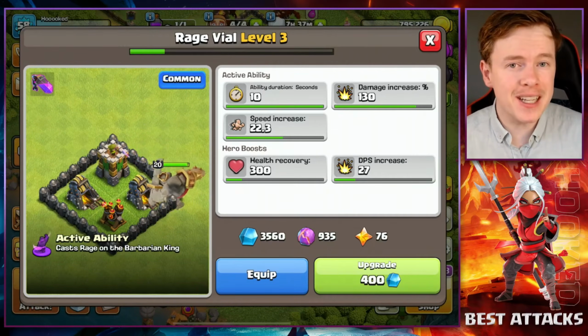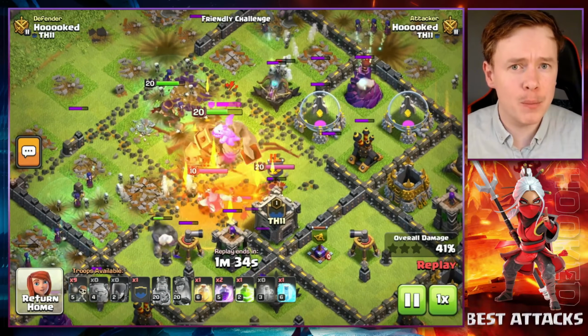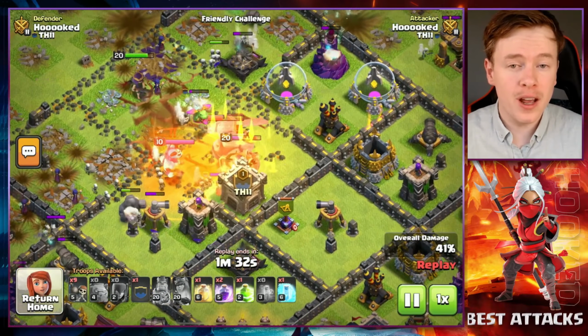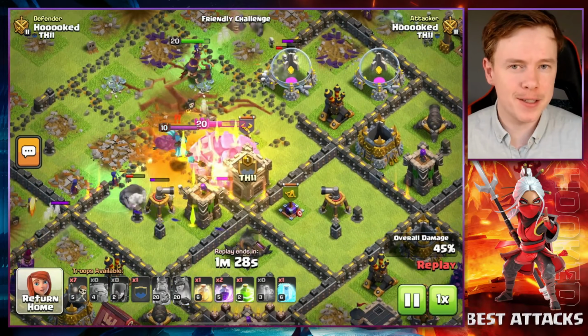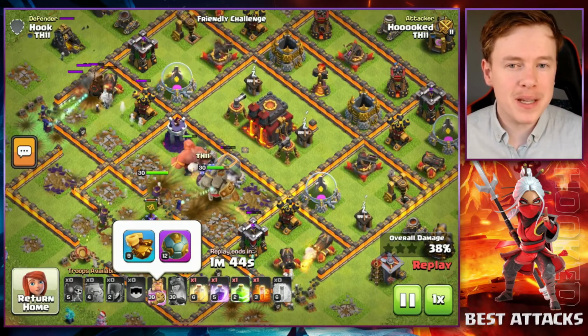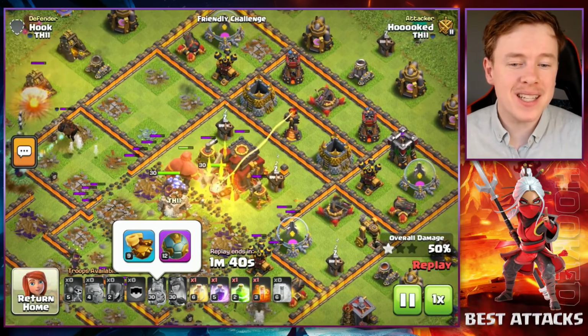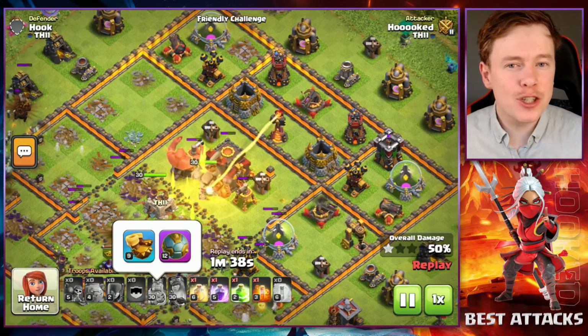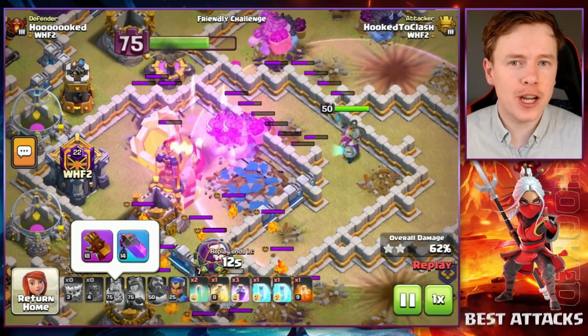This is a really nice non-epic piece of hero equipment, so if you don't have the Spiky Ball or the Giant Gauntlet, the Rage Vial is my go-to. You would have seen it a couple of times in today's video. Then in terms of the best combinations, for me, it is the Spiky Ball and the Earthquake Boots for basically every attack strategy. Unless you think that the base is very compact, then the Rage Vial and Giant Gauntlet is